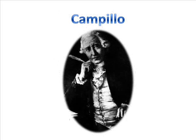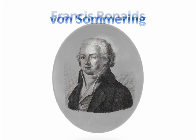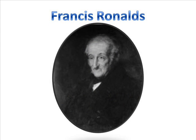In 1804, Catalan scientist Campillo devised a system that utilized 25 wires to transmit a current through electrolysis of water. The following 35 years would consist of multiple discoveries which would eventually be used by Samuel Morse. These discoveries included that of a German physicist, Samuel von Somering, who made a similar electrolytic telegraph, which operated over a distance of 3 kilometers and required 35 wires, and the similar system of England's Francis Ronalds in 1816, who modified the system to only use two